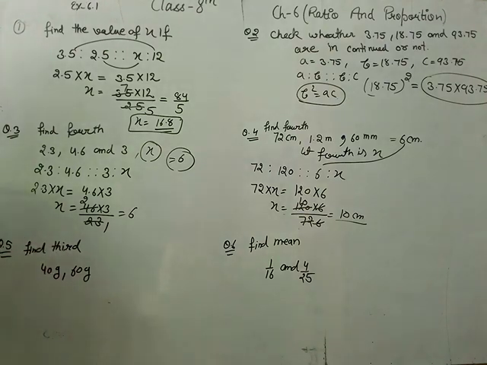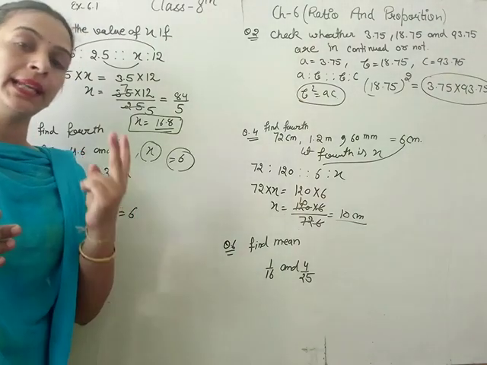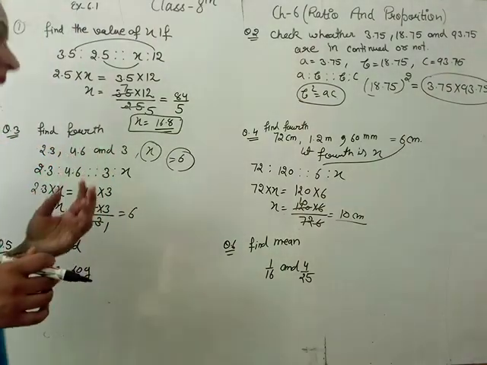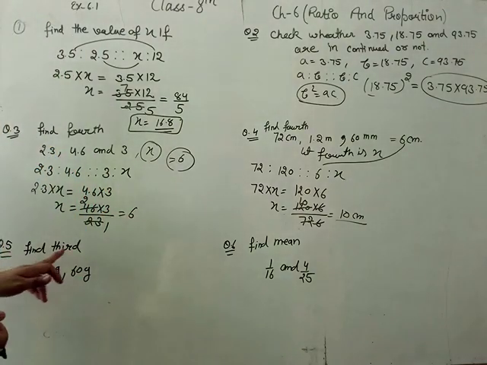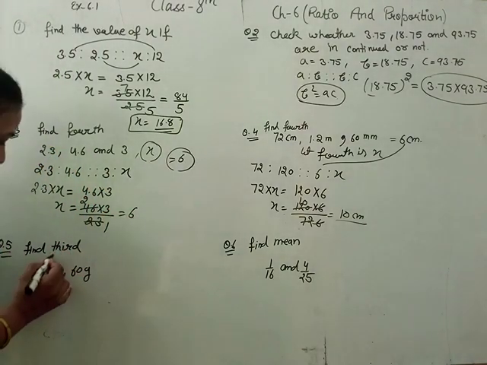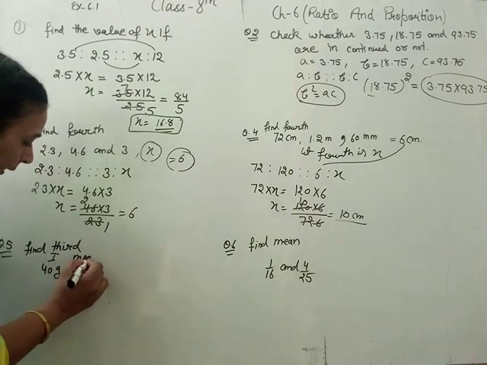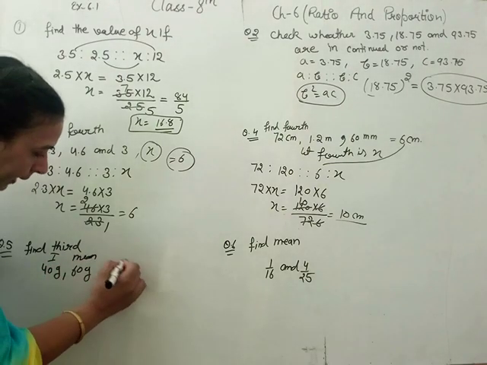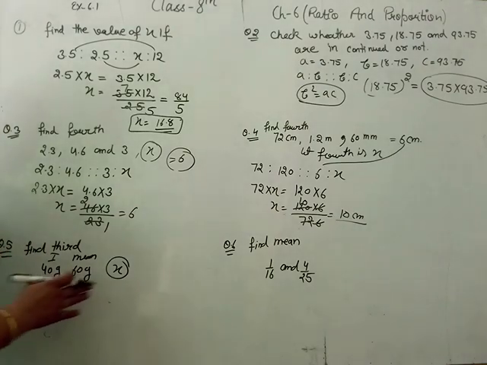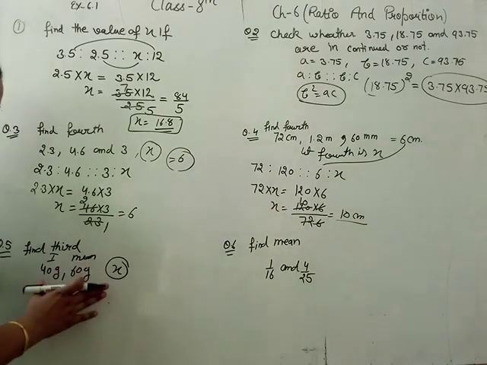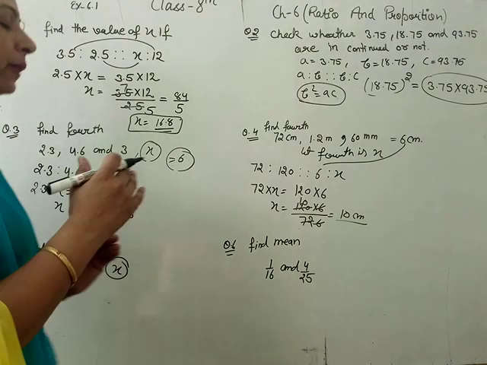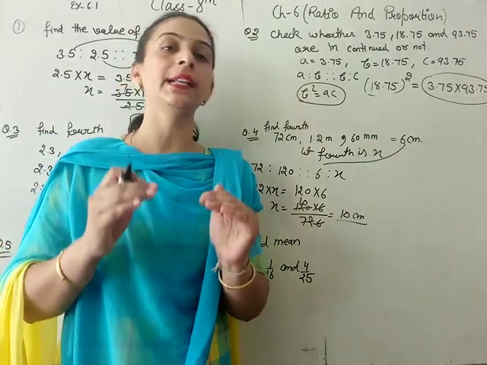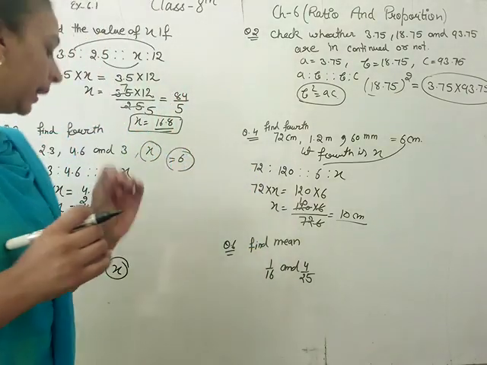Next is question number 5. Find the third proportional. Student, if only 2 are given and we find the third, that means there are only three quantities, and if there are 3 quantities, then these are in continued proportion. First we find the third, that means this is the first and this is the mean. Let the third be x. Then according to continued proportion, if we are talking about continued proportion, then the 3 quantities are the same kind.